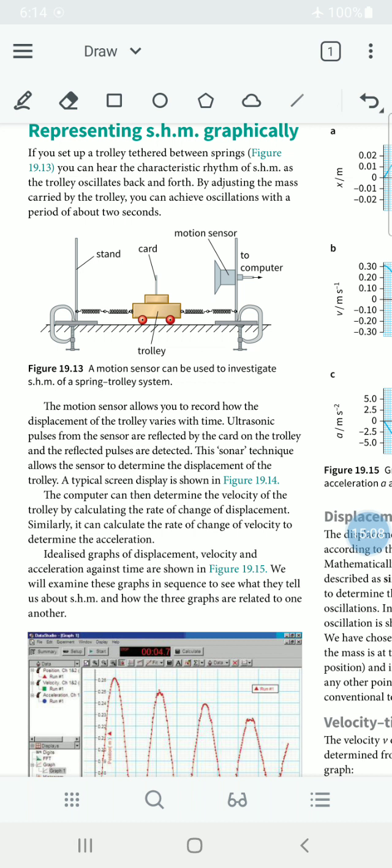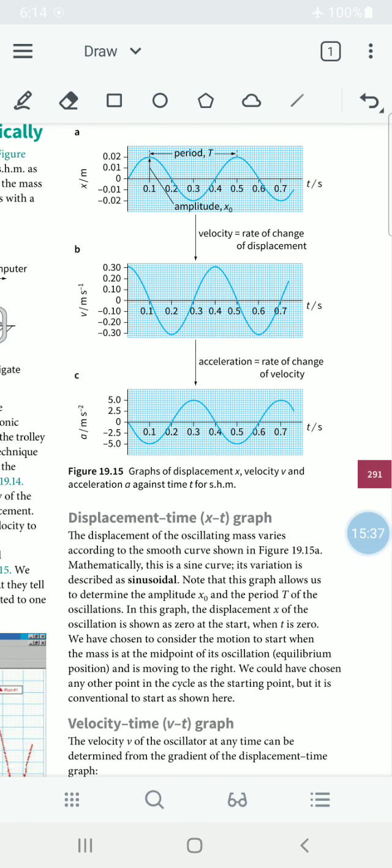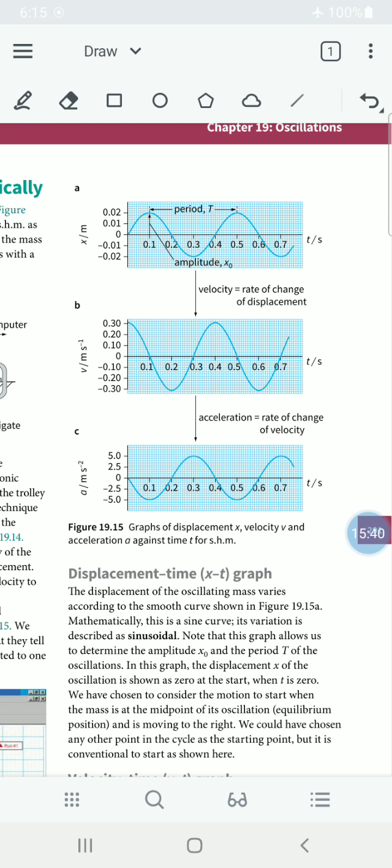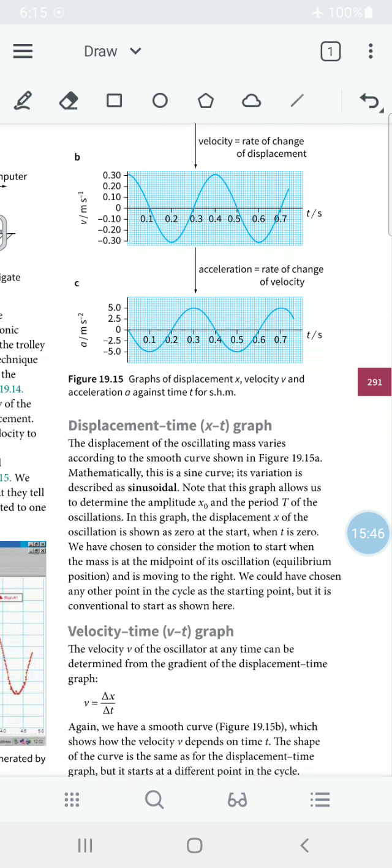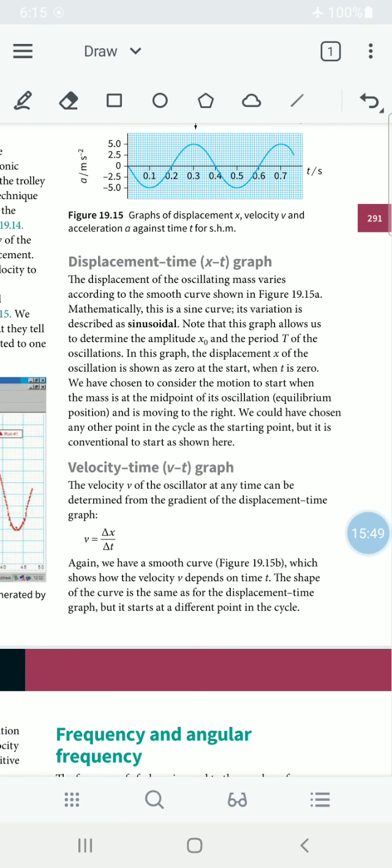Using a motion sensor, this can be better detected and relevant DT, that is displacement time, comma, VT, that is velocity time, and AT, acceleration time, graphs can be obtained. Pause the video and draw these three figures, the three graphs, and under that write down displacement time graph,